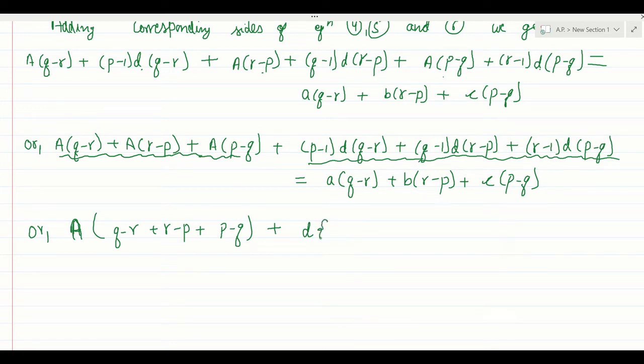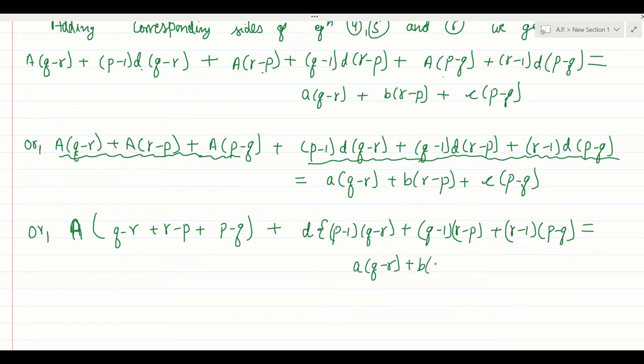Now in bracket we are left with (p − 1)(q − r) + (q − 1)(r − p) + (r − 1)(p − q). Now equal to, the right hand side is copied as it is: a(q − r) + b(r − p) + c(p − q). Is this clear? Okay. Now,